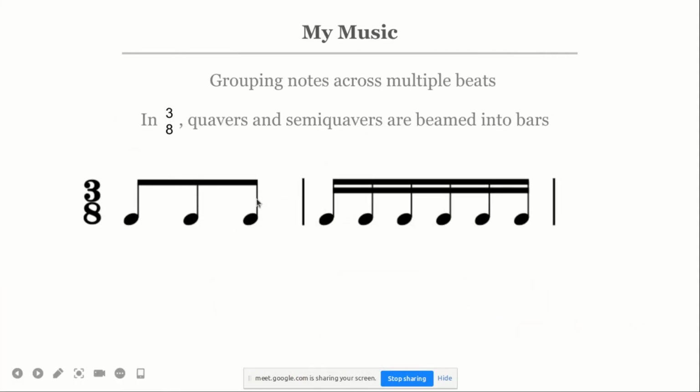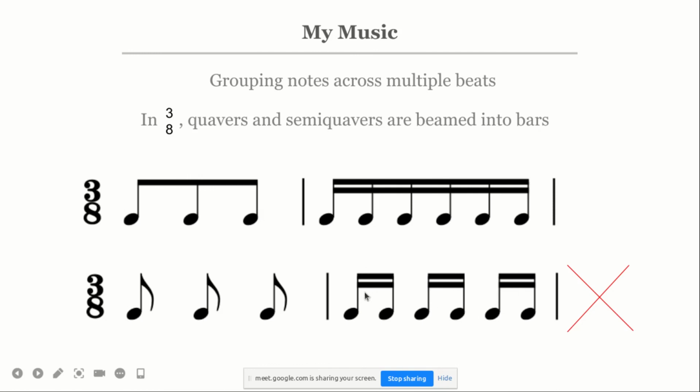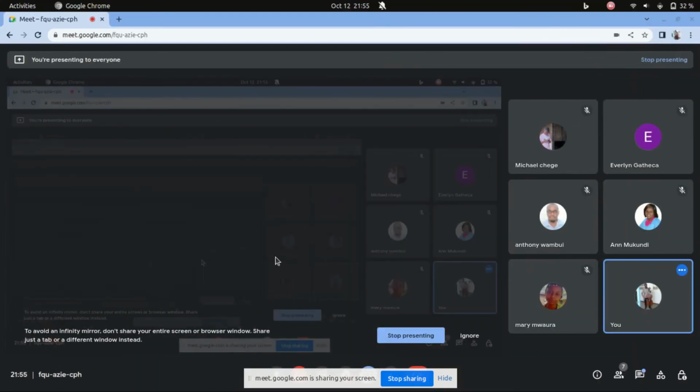Now look at this 3/8. In 3/8, as long as it's not a crotchet, because you cannot beam a crotchet, always beam everything that you find. Everything. Quavers, semiquavers, mixture, beam them all together. Don't separate quavers like 2 semiquavers, 2 semiquavers, 2 semiquavers. That's wrong. You should beam even the quavers, beam them together. In 3/8, you should always be seeing beams, beams, beams throughout. Unless it's a crotchet. If it's a crotchet, don't beam it. You should not beam crotchets. I hope that makes sense.